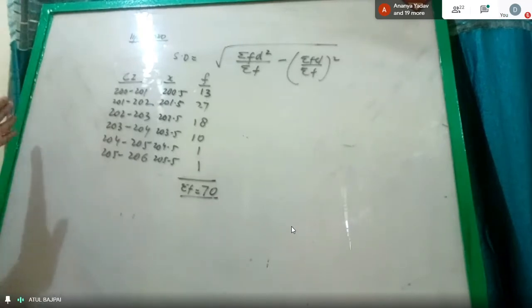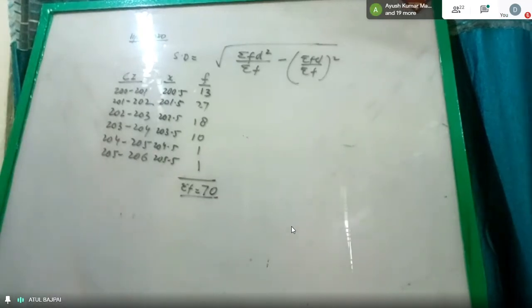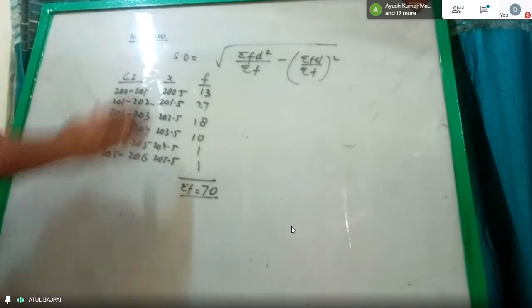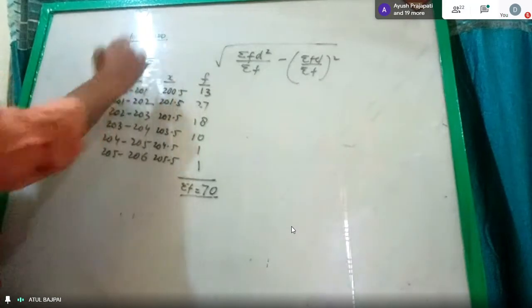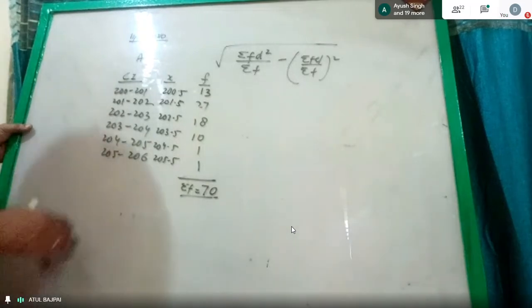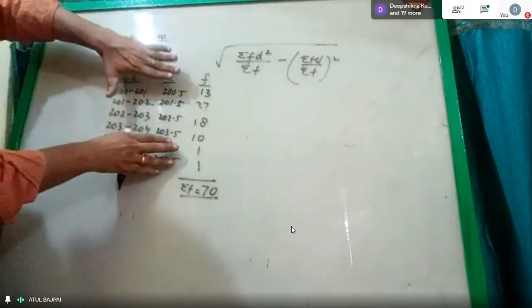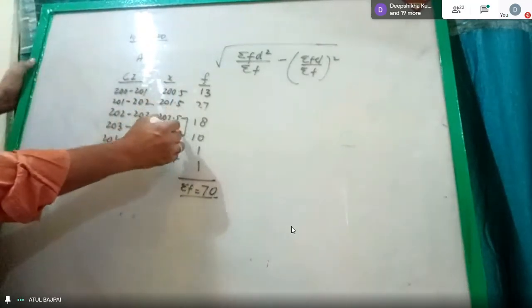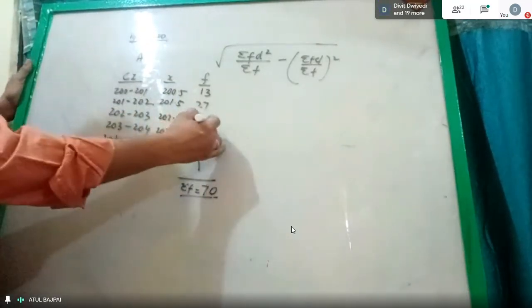Now, I'm not going by f d, f x. I don't want to find the mean like that. I assume a mean. Tell me what value you want to assume. Sir, 203. Now check. When we take the middle values, we can find these two as the middle values. Try to take the one whose frequency is maximum.